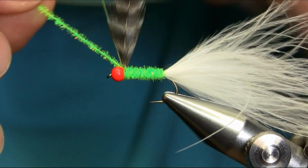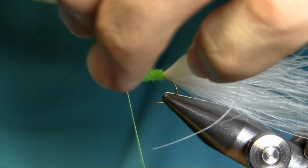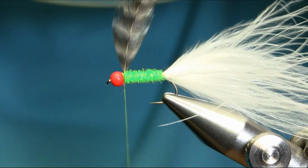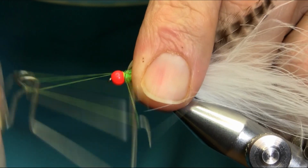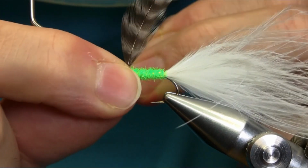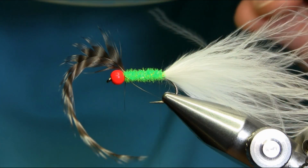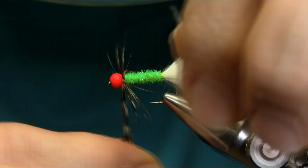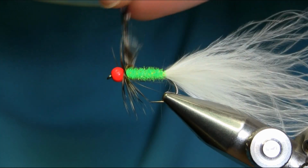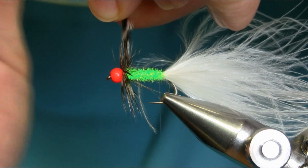So now once you've caught this, secure it properly, and basically now you can cut and finish off with this thread so we can use the other thread. Okay, and I'm going to bring this hackle now. So basically what you have to do, just give 2 turns in the front, and I'm going to use a hackle plier,